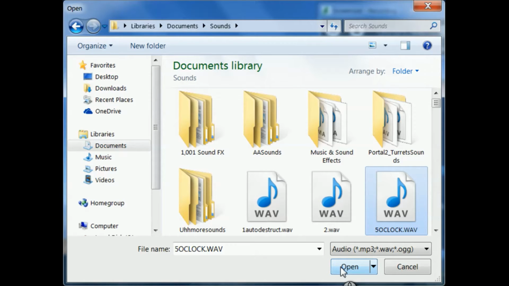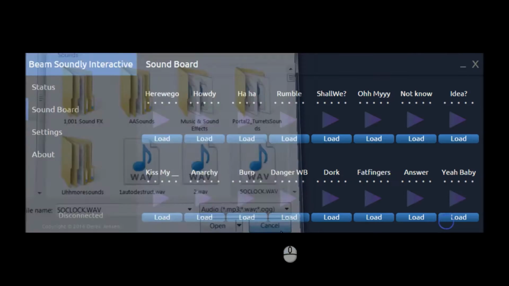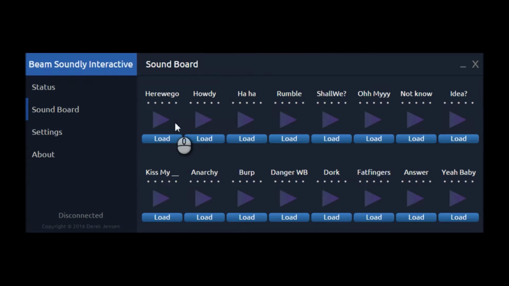Okay. Of course, I'm not going to do that because I've already gone through this, but you'll click on the file, you click open. Okay, then when you go back here, all you have to do to test it is click this little play button. Once you click that play button, it should play the sound that you just selected. Okay, then you're going to want to do that for every single one of these. Okay, and